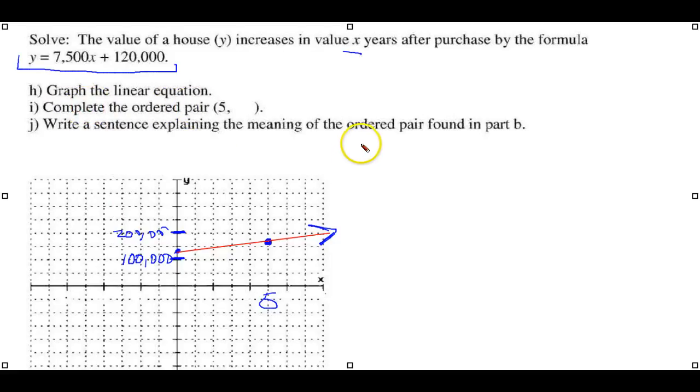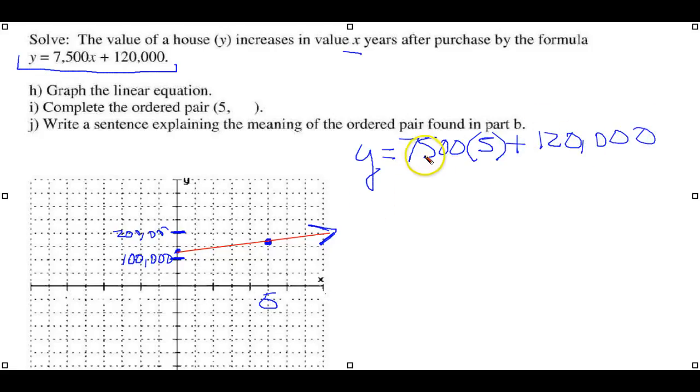Well, we have y equals, our x value is 5, so we go 7,500 times 5 plus 120,000, and we do this multiplication, and when we add it all together, we get y equals